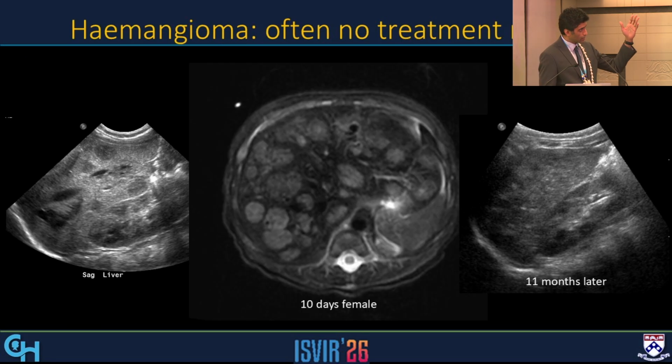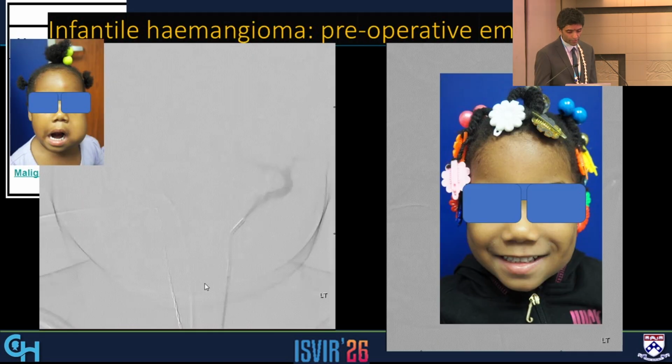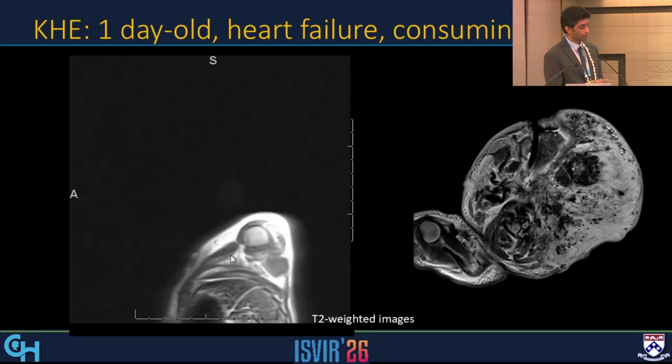So this is to indicate sometimes no treatment is needed. You have a child with hemangiomas throughout the liver at birth. So this is a congenital hemangioma. It involutes about 11 months later. So this is RICH, rapidly involuting congenital hemangioma. Another case here where IR was involved. This is an infantile hemangioma, a big tumor that simply was too obtrusive to leave alone. It did not involute in time. This is a 2-year-old. Ended up embolizing this lesion pre-op, and then the patient went for bloodless surgery shortly after with a good result.